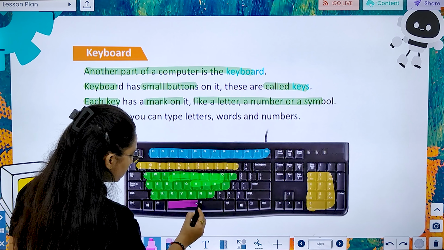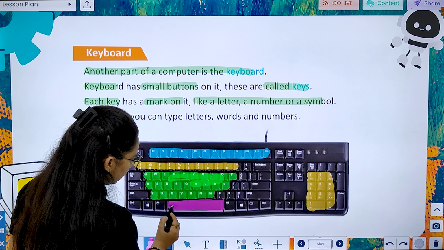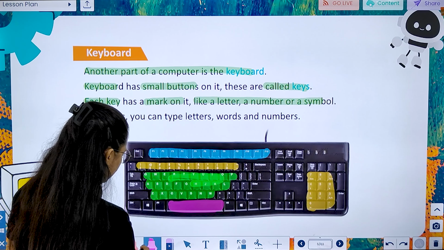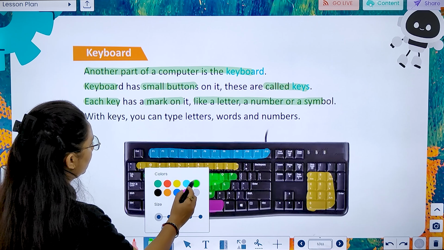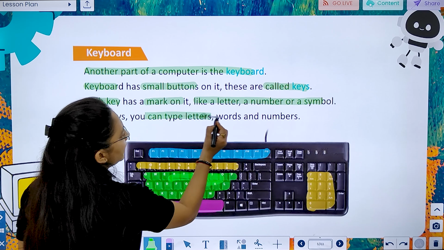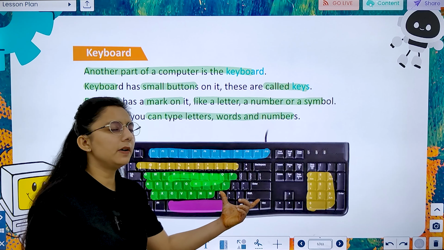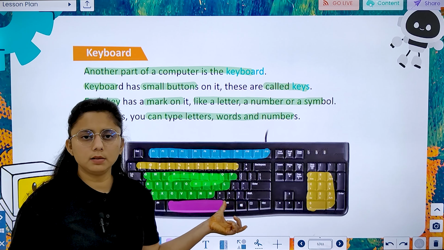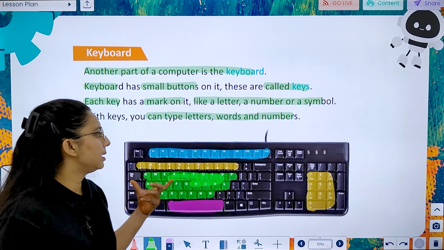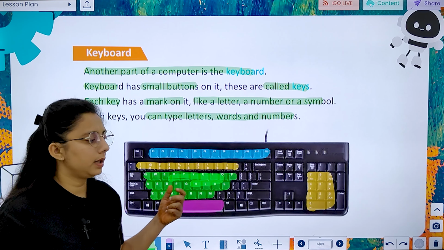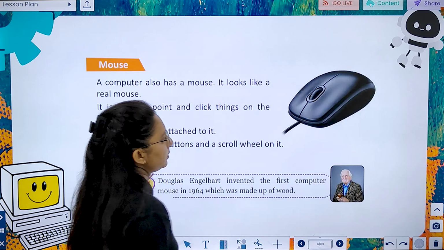And this is the longest key, known as spacebar. With the help of these keys, you can type letters, words and numbers. You can also make sentences, numbers, as well as different symbols on the monitor.